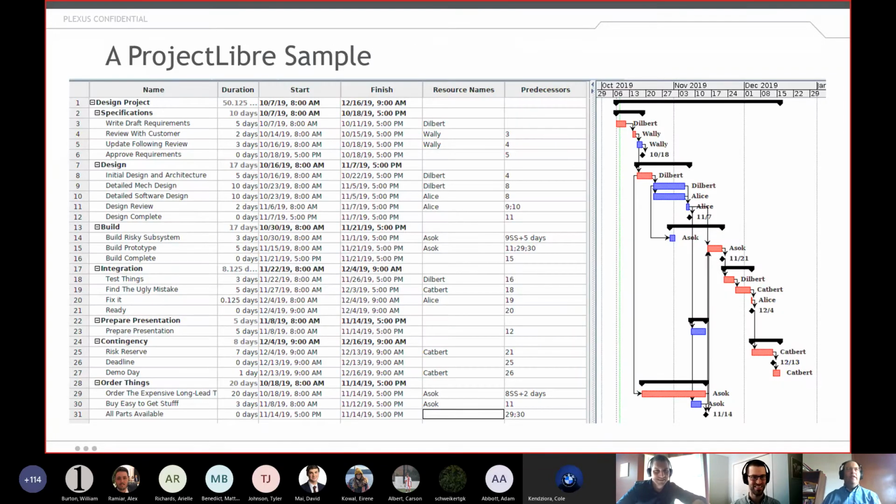Yeah, so if you have Project on your PC or ProjectLibre, either of them are reasonable tools to use. You can get wrapped around the axle. Honestly, even in industry, you can take Microsoft Project well beyond what it's useful for. For us, as managing a team, having tasks under a couple weeks in duration when you've got a big team is more resolution than you need. And if you start trying to assign resources, Project can go and allocate time for individual resources. So if Dilbert had 17 tasks, you could tell it to